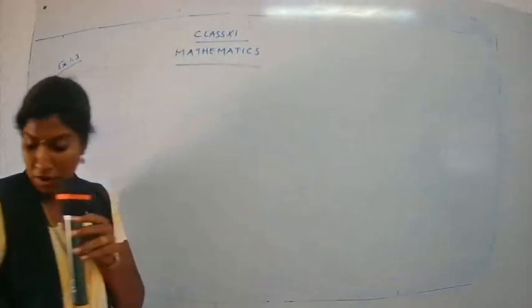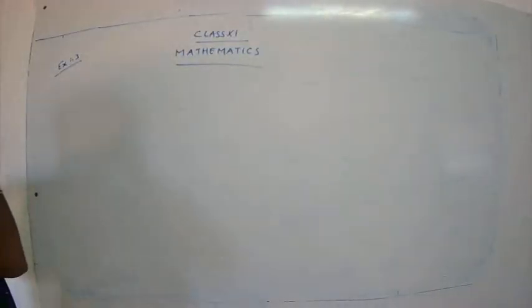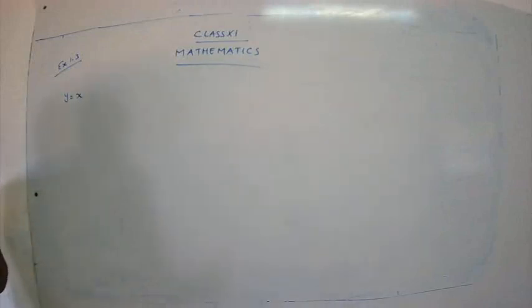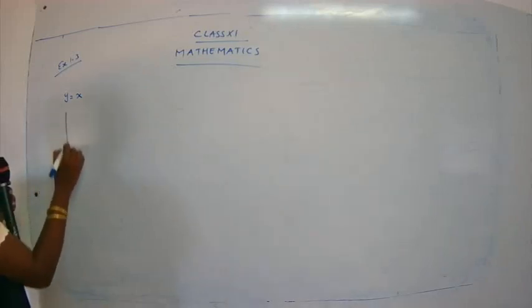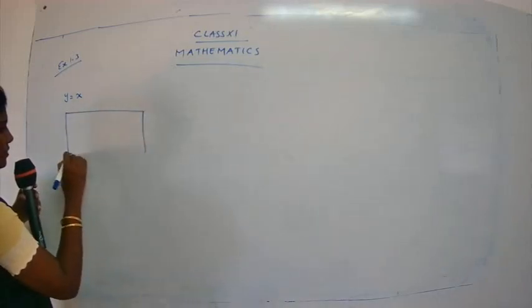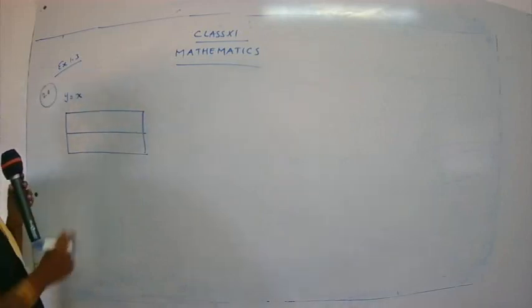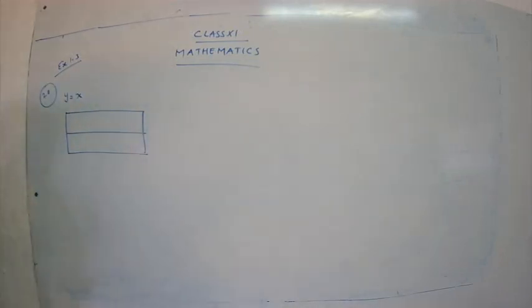So first of all, we will draw a table for all the 3 functions that we are going to plot. So we are going to draw a graph for y is equal to x. So draw a table. Use your scale and pencil. This is continuation of sum number 20. The sum is not completed, you know. I have told you that we have to verify also. So I have given you 2 parts as homework. I have told you to find out the inverse of the function, and also I have told you to check whether the inverse is a function.